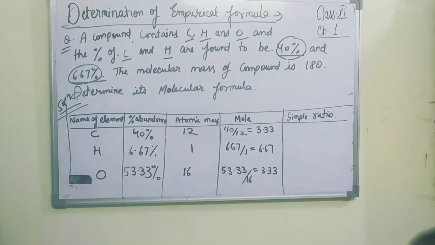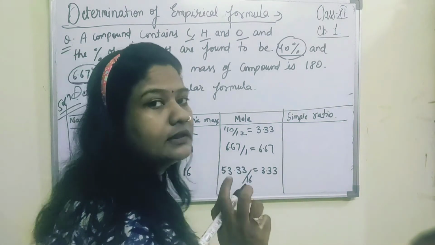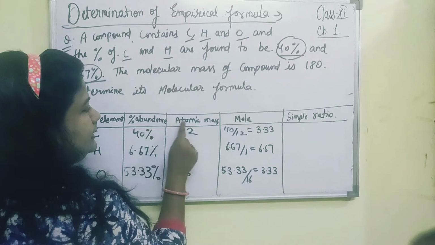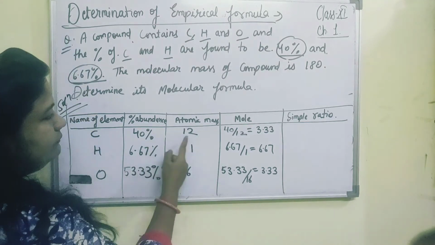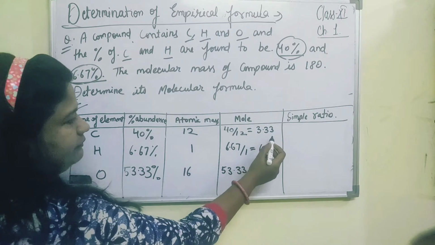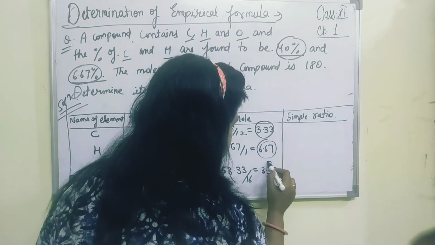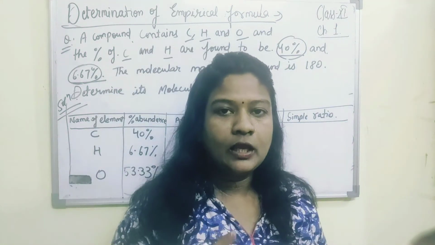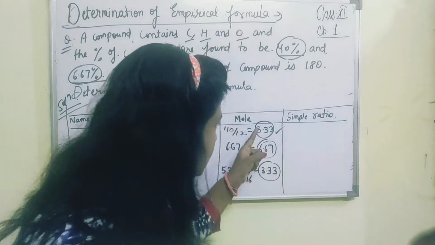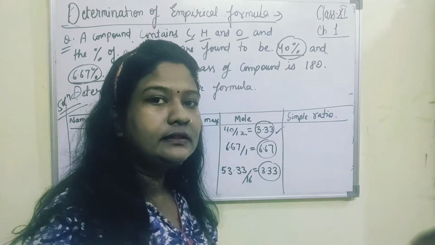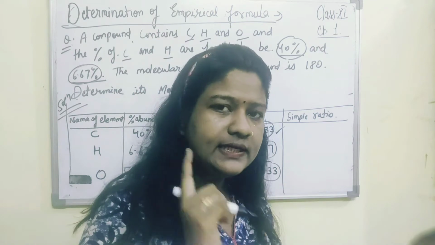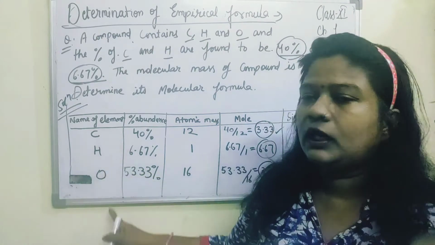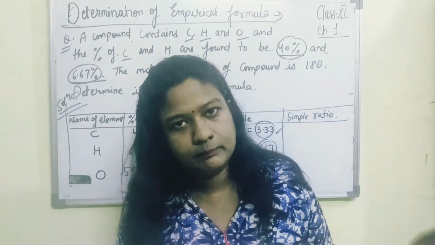Okay. Now, सबसे least number is second step. First step was we will divide the percentage abundance by its atomic mass. So we have divided it. Okay, and we are getting these numbers, and least number is 3.33. This is the second step. We have to divide all the obtained numbers by the very least number to get the whole number ratio of the different elements present in any compound.